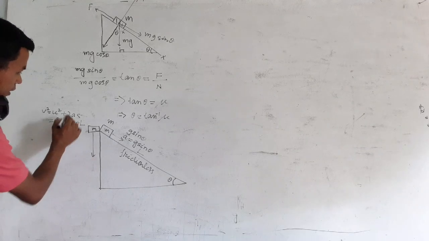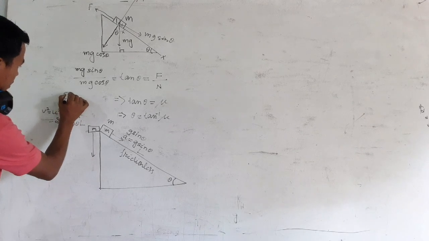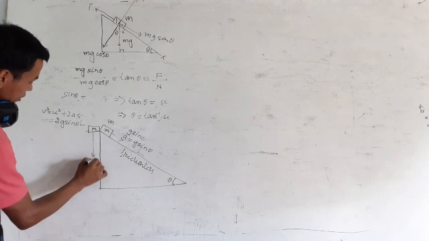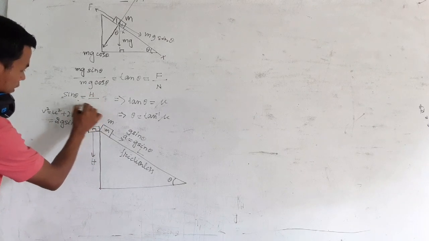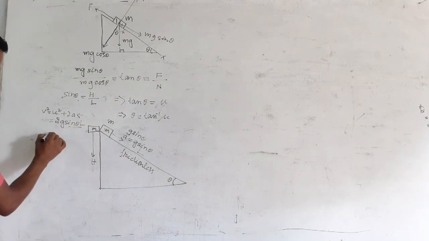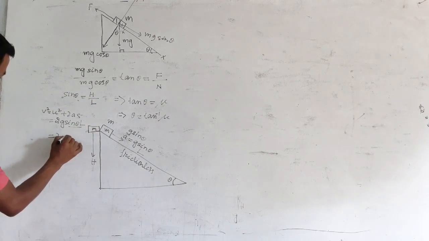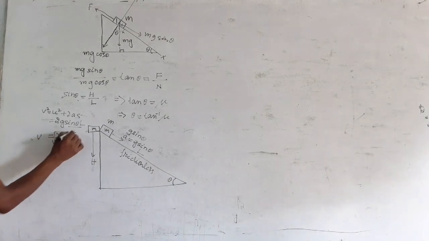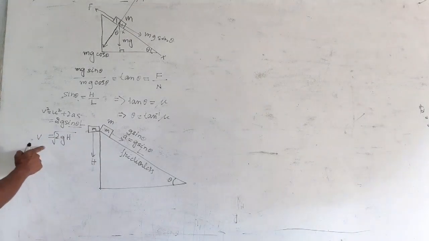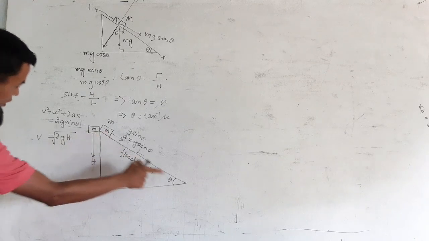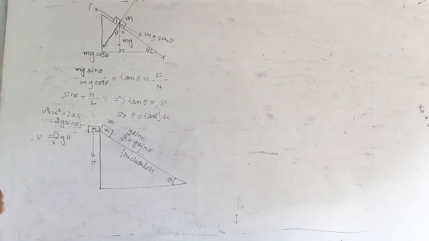Now sin theta is equal to opposite divided by hypotenuse, so L sin theta is equal to the height. Therefore, 2gh is equal to v squared, so v is equal to root over 2gh. That means when this sliding mass hits the ground, its final velocity is root 2gh. Again,